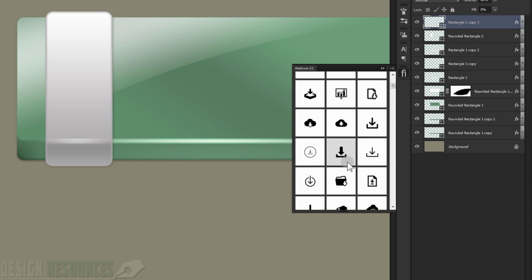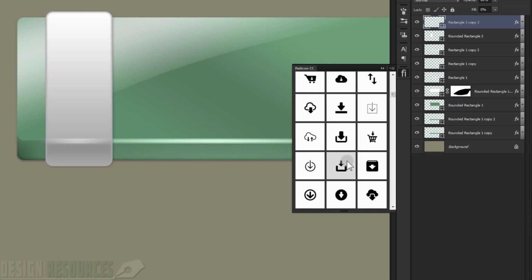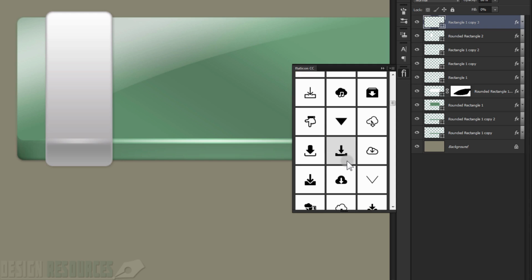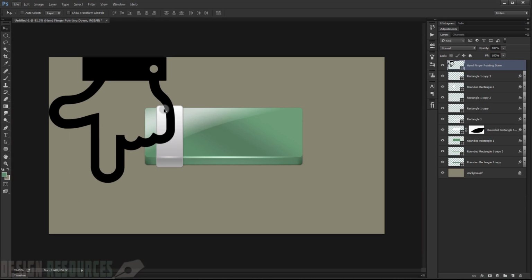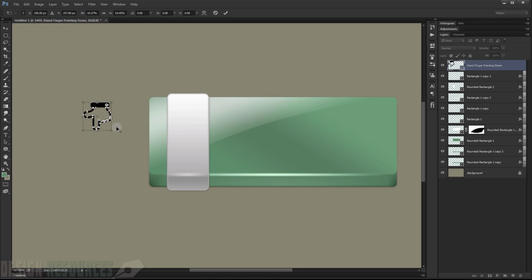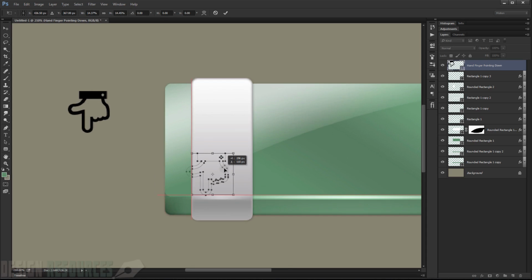Alright, let's choose this. Let's see, let's choose a new one. Okay, let's choose this one in here, or let's choose this hand in here. Just double click on it. It will open in here, and I'll press Ctrl T, so we'll resize it like so, and I will drag it, put it in here like so, resize it more. Okay,